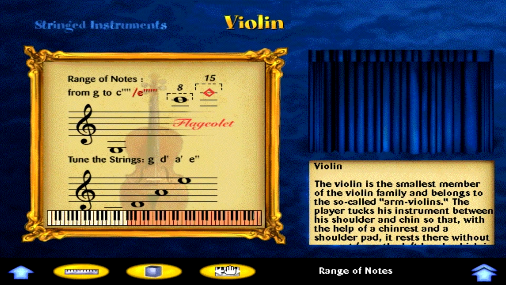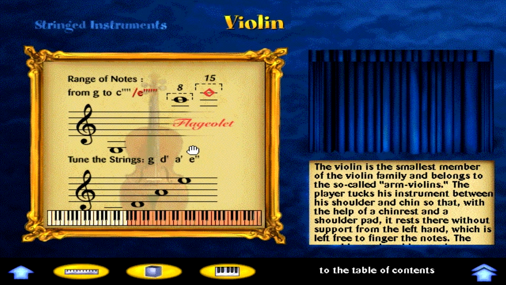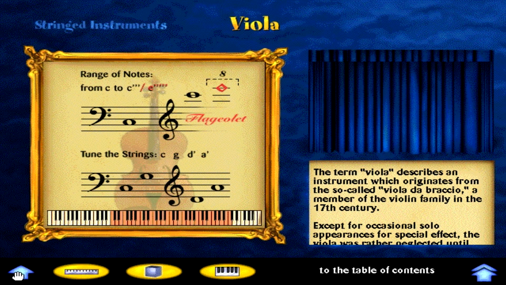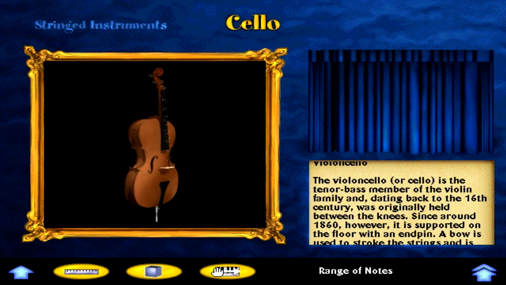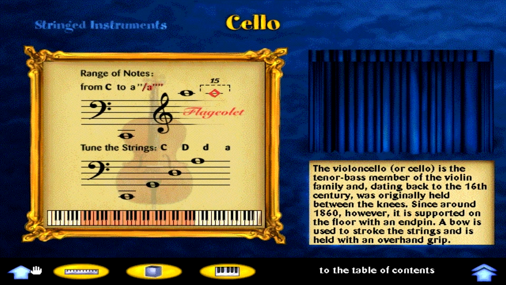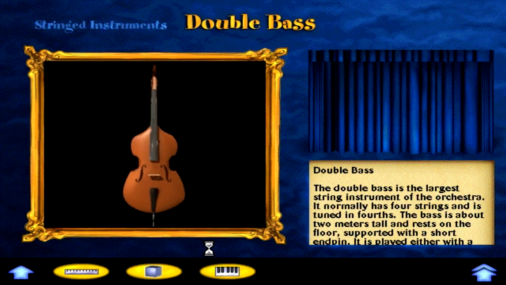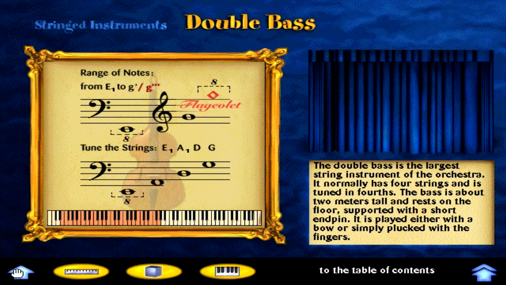The violin is the smallest member of the violin family and belongs to the so-called arm violin. The term viola describes an instrument which originates from the so-called The violoncello, or cello, is the tenor bass member of the violin family, and, dating back to the double bass is the largest string instrument of the orchestra. It normally has 4 strings